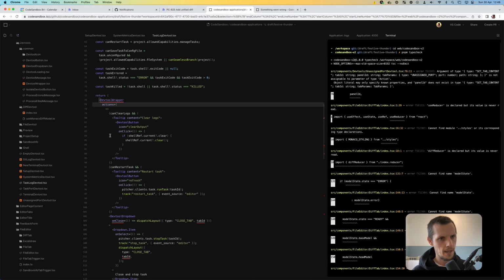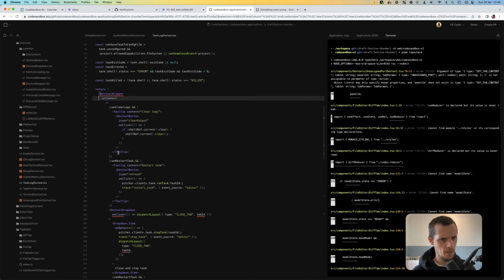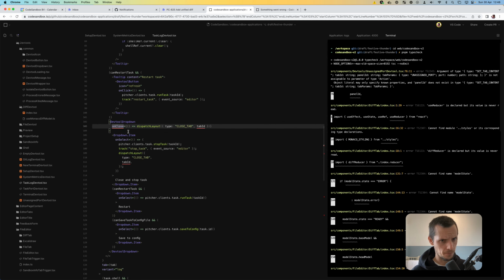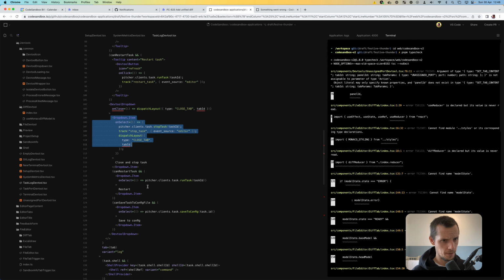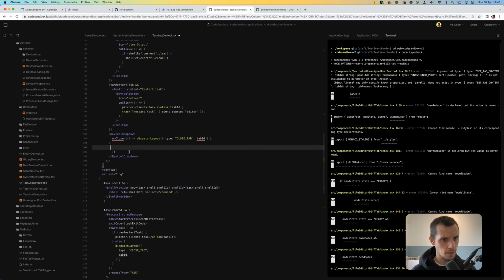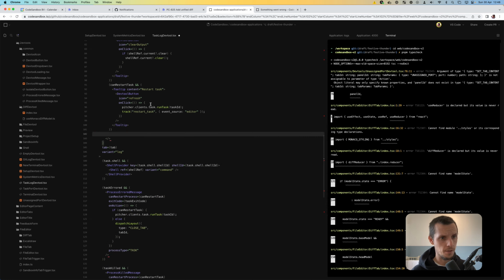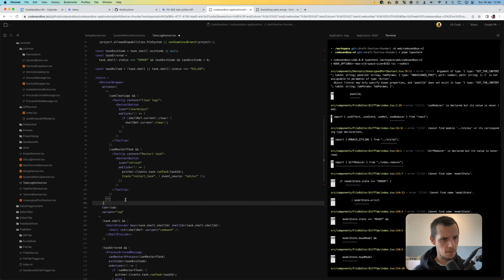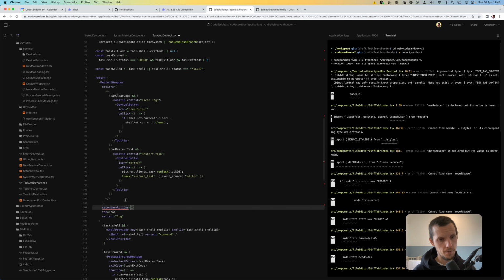Okay, so now we have actions. So these should be, yeah, and then we have the DevTool dropdown. And we don't need that, but we do need these ones: close and stop task, restart, save to config. So these we want as secondary actions. Nice, so we can actually do secondary actions, so those are part of the